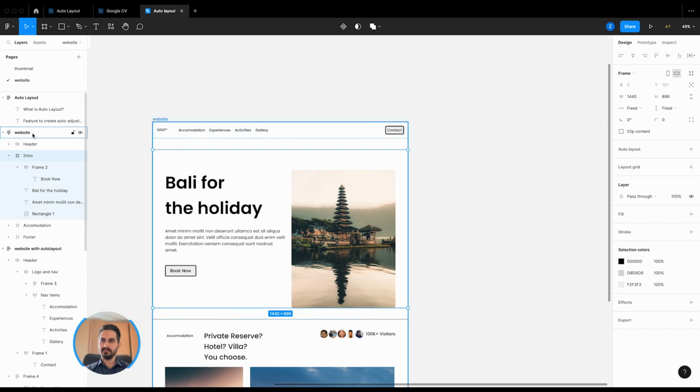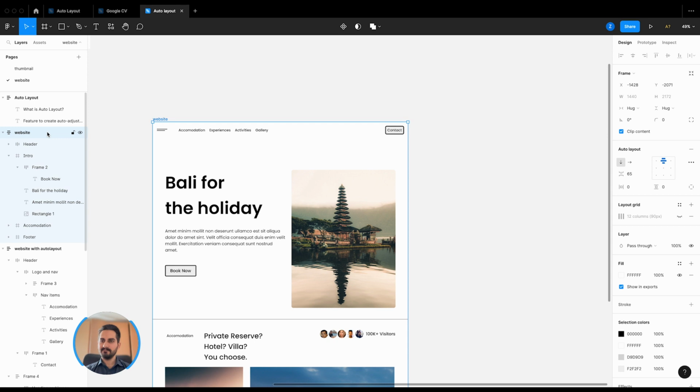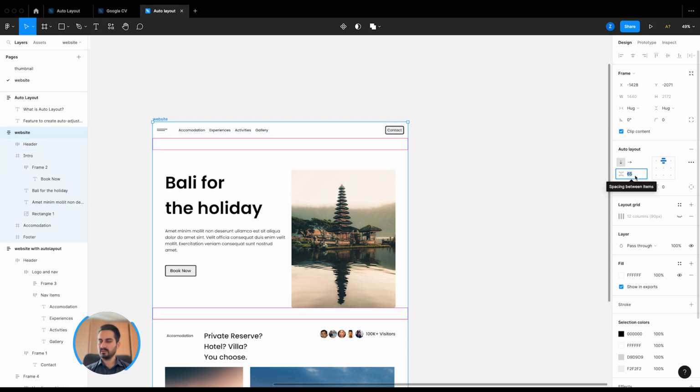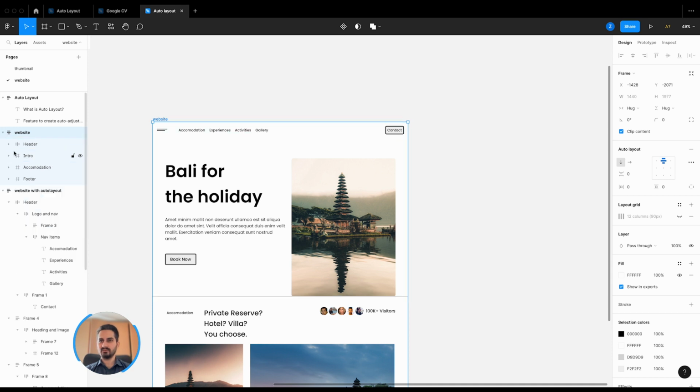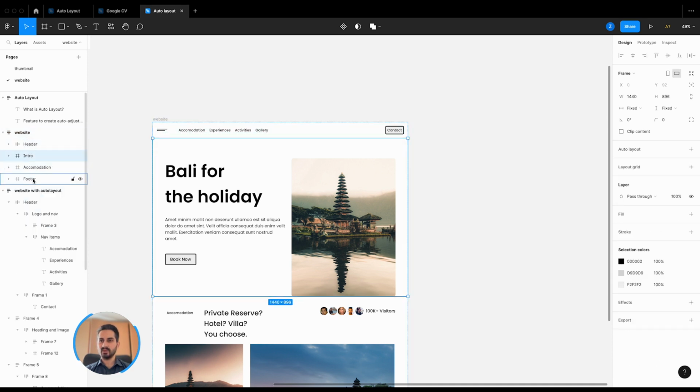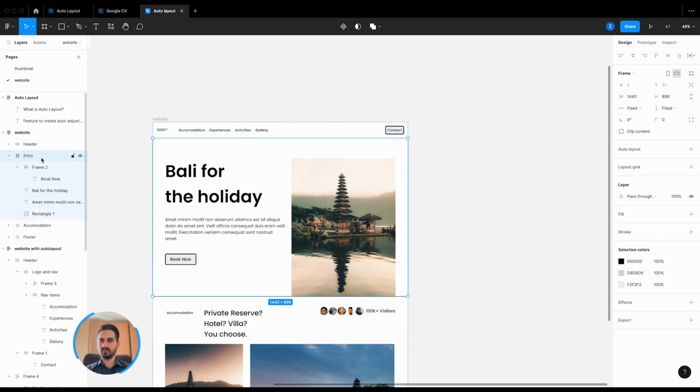So it's coming from the parent frame, that is the website. And in website you can see that the space between the items is right now 65. So I will go ahead and press 0 and press enter. So now we don't have any space between the child items of the website, that is header, intro, accommodation, and footer. So I will go to intro now, and in intro I will press shift plus A, but before pressing that